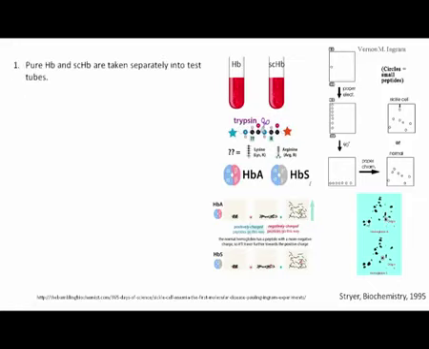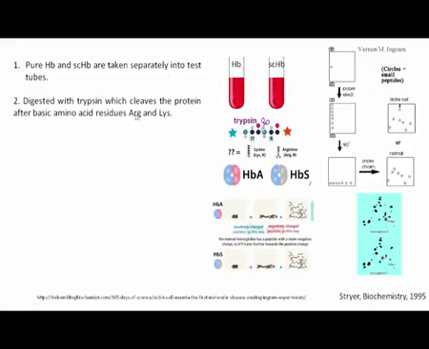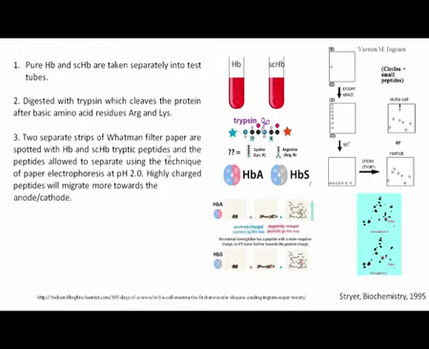So, what have you done? You have purified hemoglobin. Normal hemoglobin and SCHB, which is sickle cell hemoglobin, are taken in separate test tubes, digested with trypsin, which cleaves after basic amino acids like lysine and arginine. Two separate strips of Whatman filter paper are spotted with normal hemoglobin and sickle cell hemoglobin, which now consisted of tryptic or trypsin mediated generation of peptides, and those were allowed to undergo what is called paper electrophoresis at